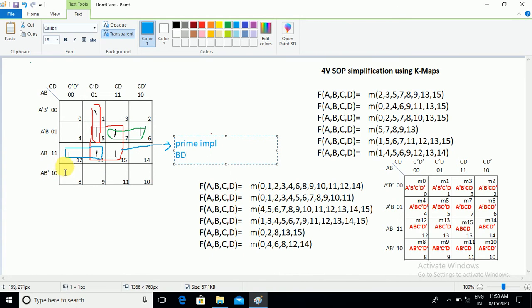You can take it into the answer, and the other 3 will also be considered in the answer, because there 2 cells are grouped, and one cell is not in the overlap. Okay, this is the difference between a prime implicant and a non-prime implicant. In the previous example, what happened? All 4 cells were overlapping in that question, so we should not consider that group in the answer. In case one cell is left without overlap, then we can consider it in the answer. That is also a prime implicant. So that is the difference. You must understand this.